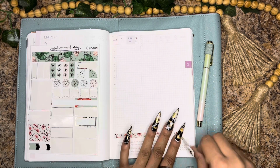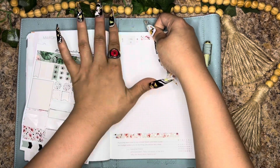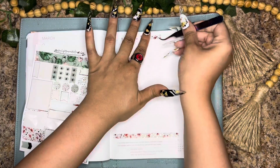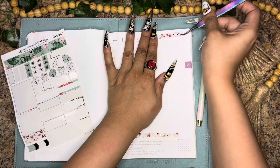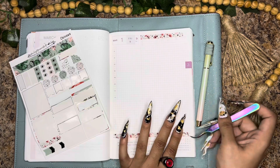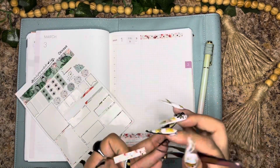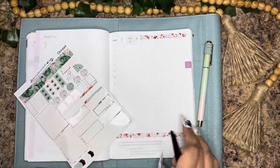And I'll just stack them next to each other side by side on the bottom of the page as well as on the top. And that creates a nice little border. I'll be using my tweezers to maneuver them around a little bit just to make sure everything is set exactly where I need it to be. And I am just going to stack some of them on top of each other to make sure I end